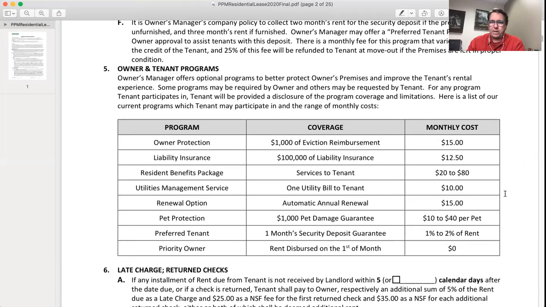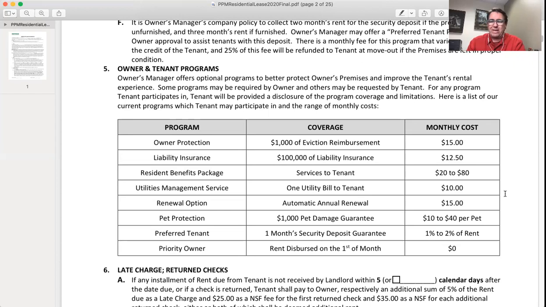We offer an owner protection program, and that's a program that owners like. We do charge you, the tenant, a $15 fee per month. And it's really attached to the property. We wouldn't rent the property to you if we thought we had to evict you. But if somewhere down the line we do have to evict a tenant, then we pay for the cost of the eviction. In California, we can't charge the owner for that program. The Department of Real Estate does not allow it, but we can charge you. So that's a program a lot of our owners want and you may pay for.